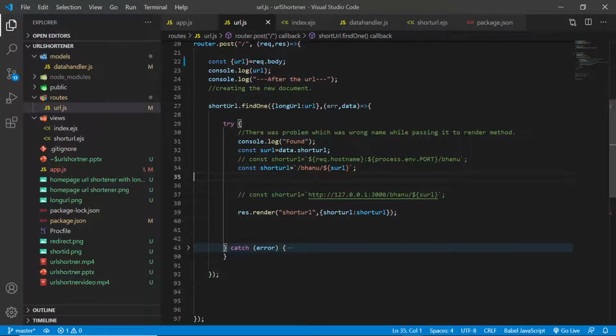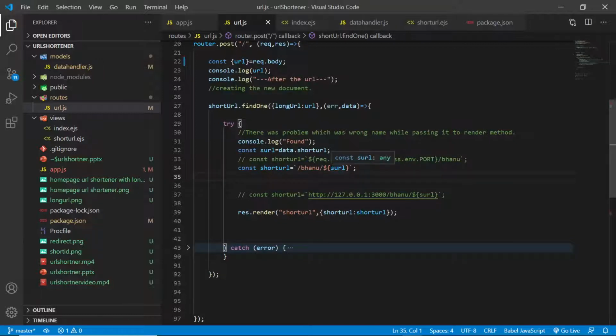So what we are doing is we are creating this particular URL, right? Just homepage slash Banu. Now this is my name. You can enter your name also. Slash that short ID. Homepage Banu. Now I am using template literals.